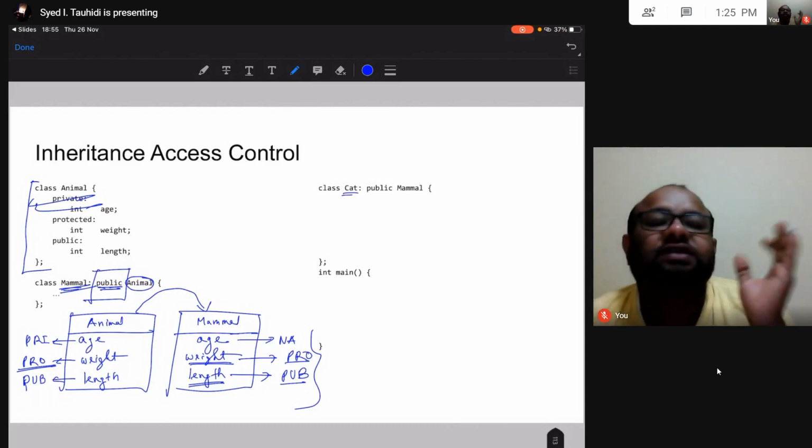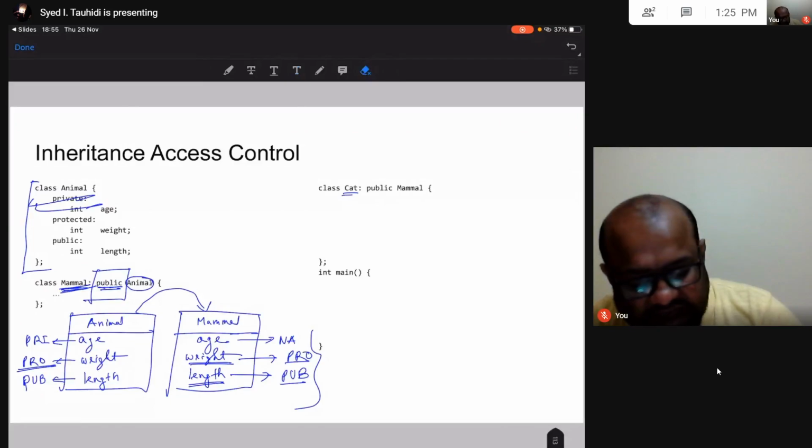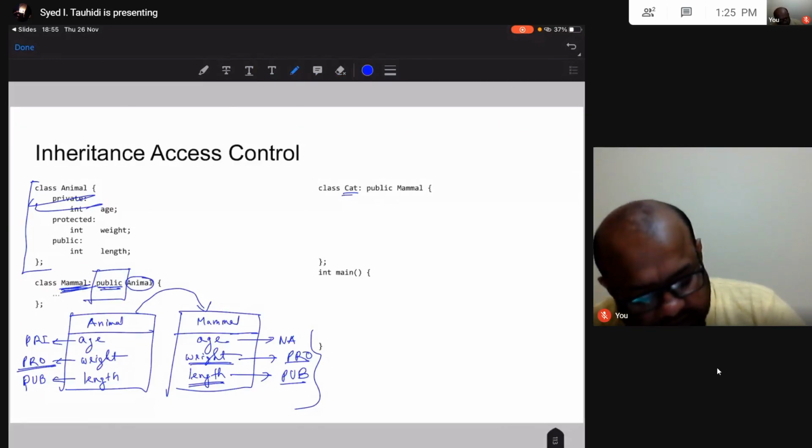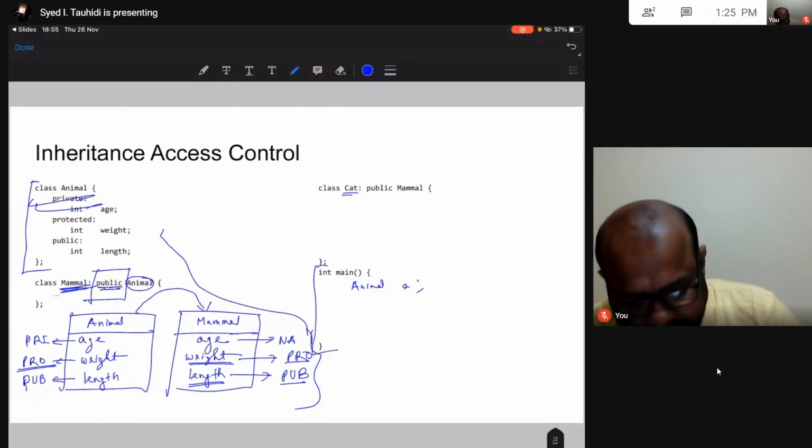So what are the things that I can access in my cat class, and what are the things that I can access in main? Say I have created an object of type animal, a, in my main function. Let's segregate this left side and right side. Here I have this main function.